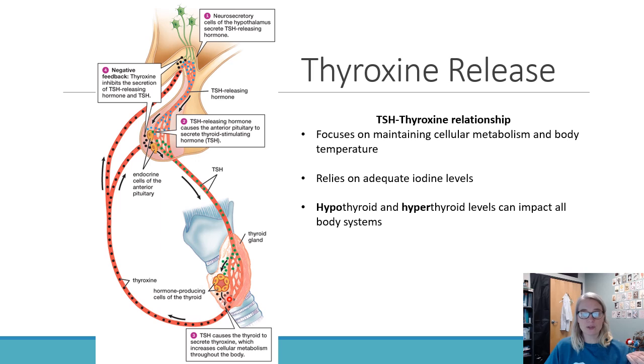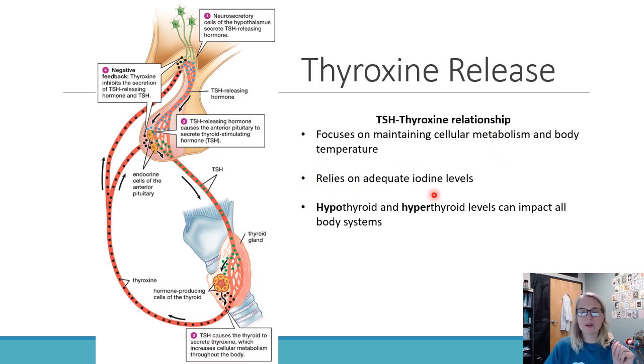That's little black circles. Thyroid hormone goes out to all of your body cells, increases metabolism. The more heat, your body is warming up. And so you're going to have a negative feedback mechanism by your body temperature. You also have a negative feedback mechanism by the thyroxine itself. High levels of thyroxine will go and inhibit the message to release thyroxine.